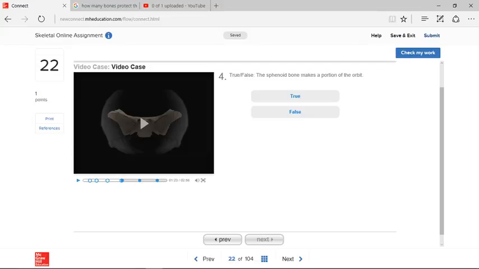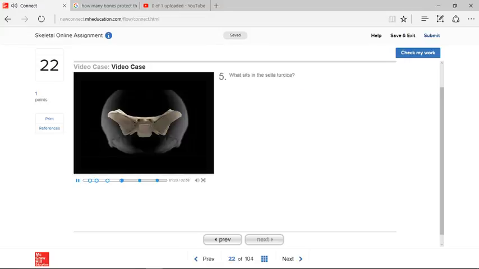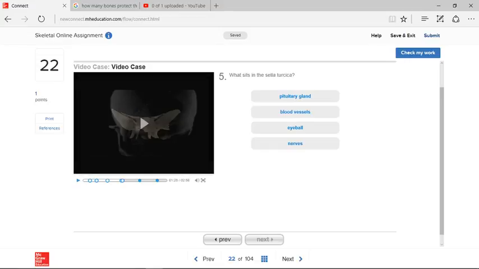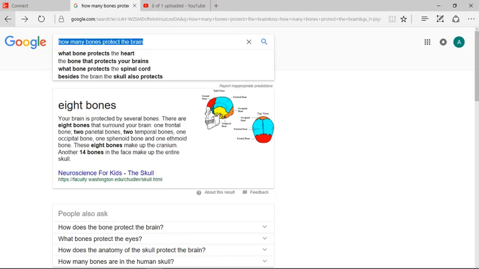Alright, the sphenoid bone makes a portion of the orbit. True, what it said. Oh, what sits in the sella turcica? That, it said, is pituitary gland. I honestly forgot what the pituitary gland was. So, as always,